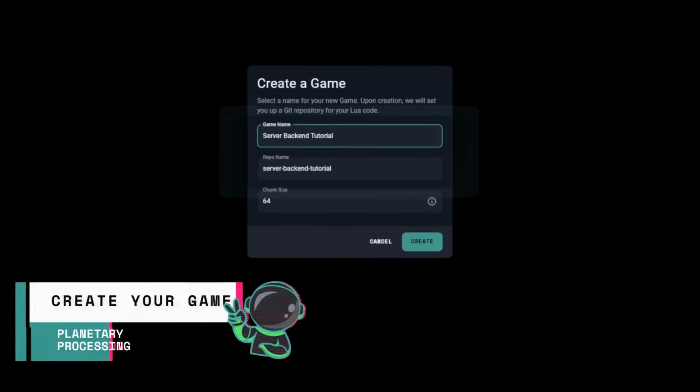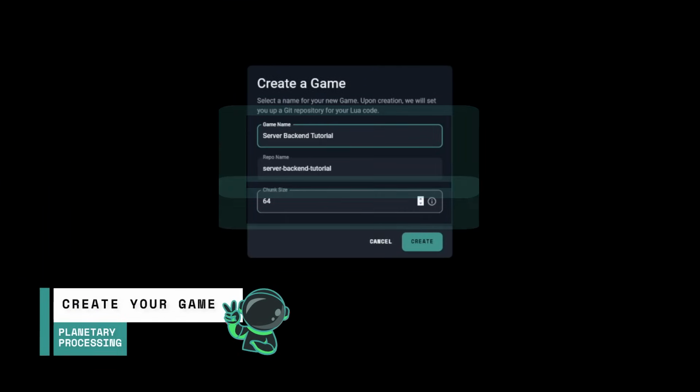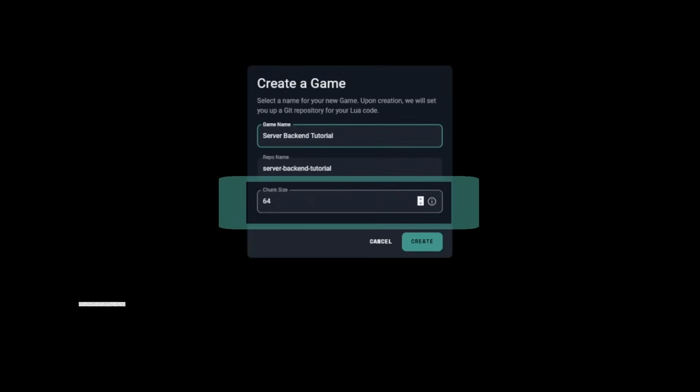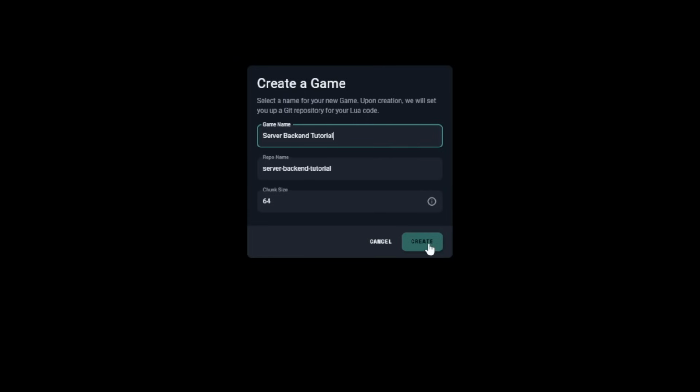Name your game and your repository where the game code will be stored. Chunks are the segments which make up our game world. Start with a chunk size at 64. You can change this later once you know more about chunks. Though, if you're planning on integrating with Unreal Engine 5, we would recommend starting off much larger, using 64,000 as